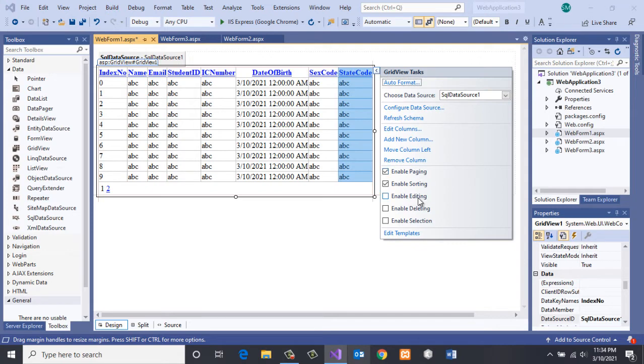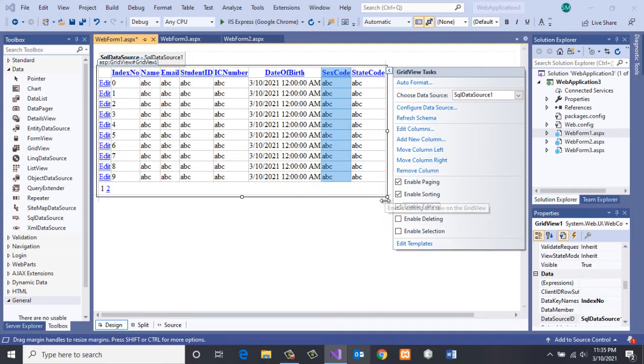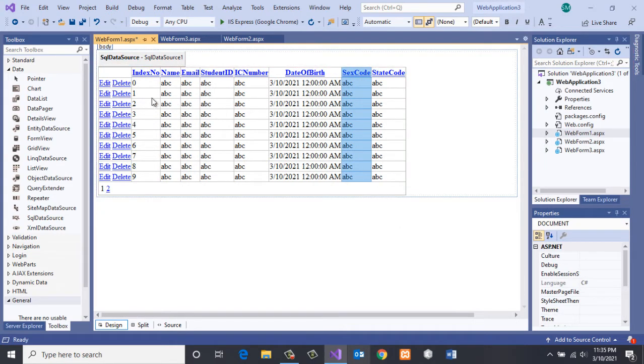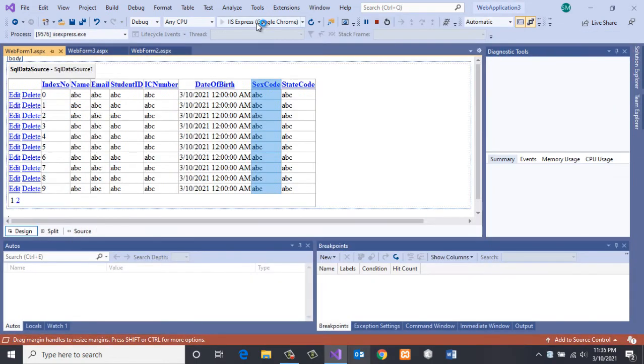to this button to expand. Now you will find suddenly there is this enable editing and enable deleting. Previously we do not have this. So basically I'm going to check this. Now you can see that there is this edit and delete hyperlink in each of the rows. So if I am to run this,